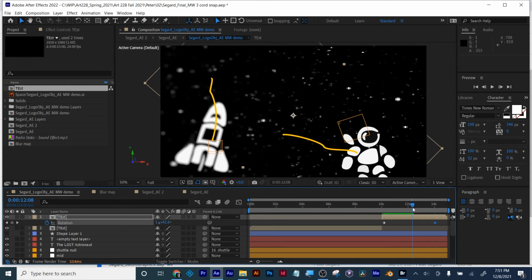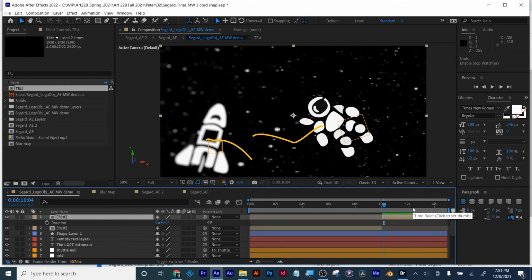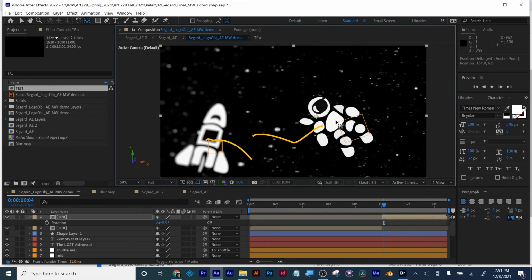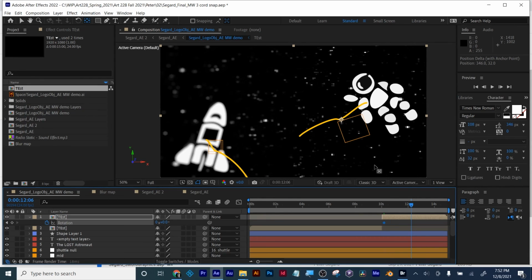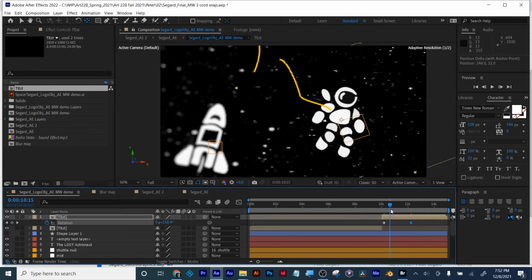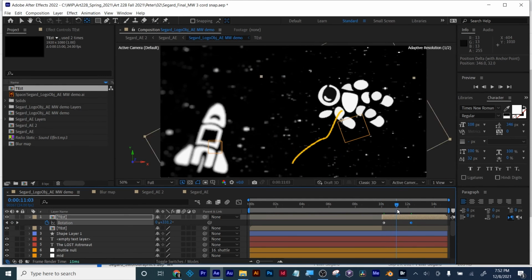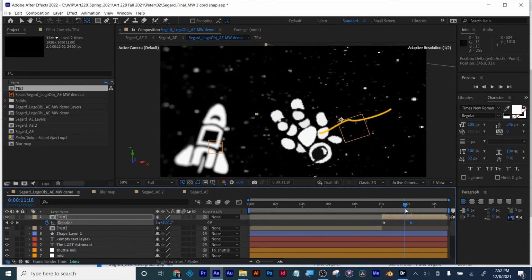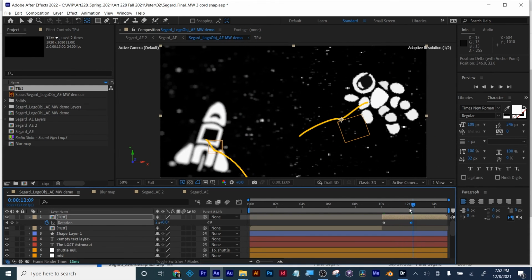So what I'm going to do is, we'll ignore that cord because, like I said, that's because I put that width inside the precomp by accident. Let's see if that tightens it up any bit. So that's better. Now it's rotating from the astronaut because we moved it to where the astronaut was, but now